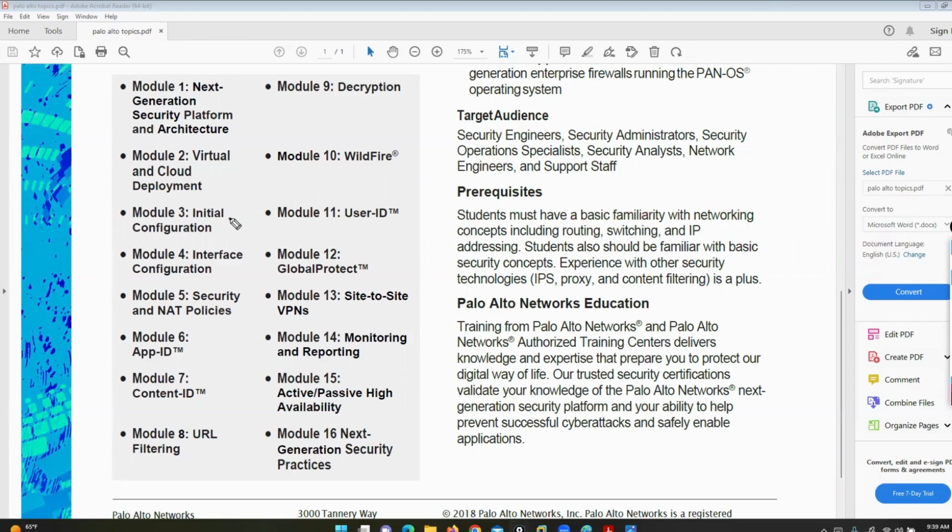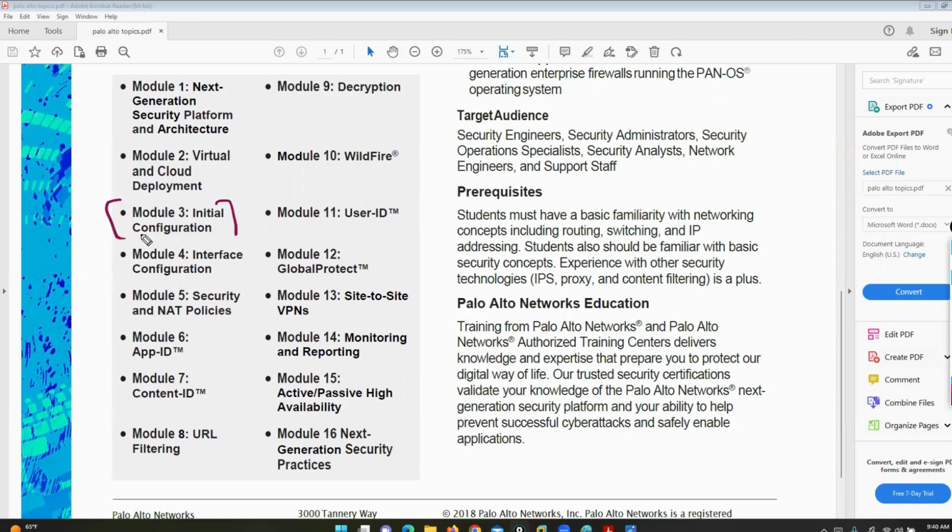So in initial configuration, you can focus on how to take backup, how to upgrade operating system, how to install license, how to create multiple firewall administrators. Maybe in my organization, to manage my Palo Alto firewall box, we have 2 administrators or 3 administrators, for example. So how to create multiple administrators, and I want to define different level of access for each administrator. So this is the part of initial configuration: backup, restore, upgrade. These are the options. After initial configuration,